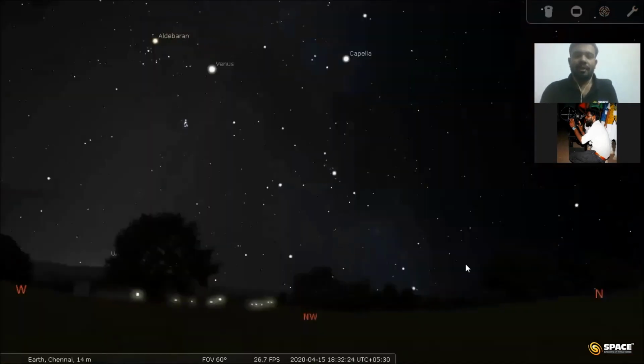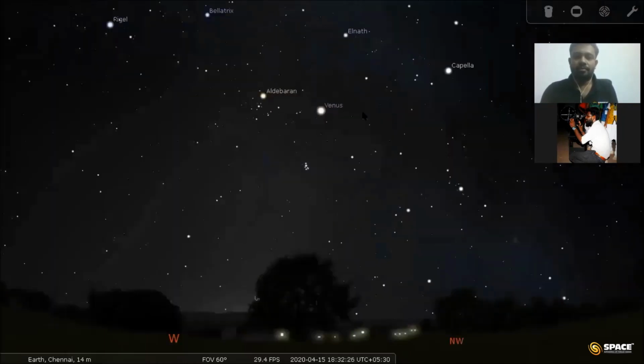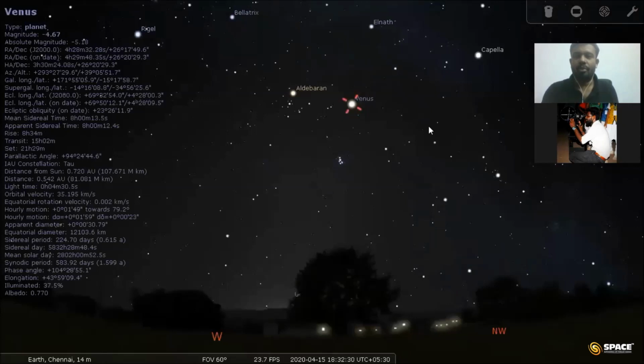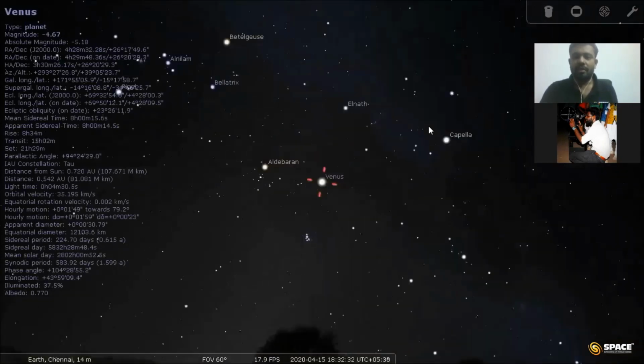So for example, if I want to see Venus now, just click Venus and center it using the space bar. I'm pressing the space bar, which means the object is centered now. How to zoom in?